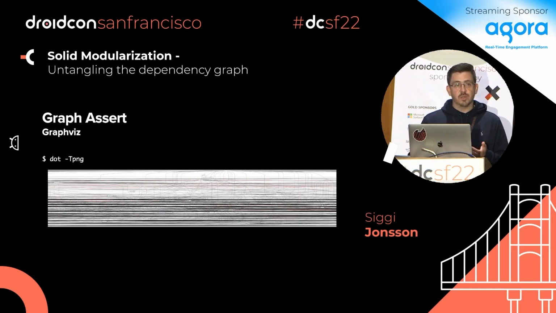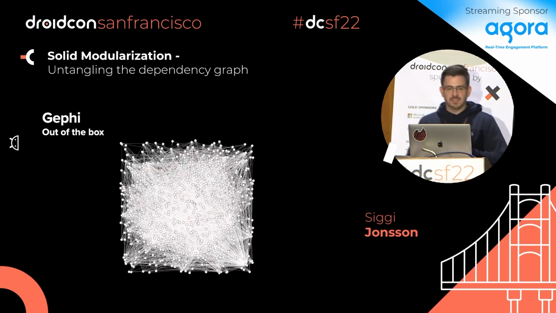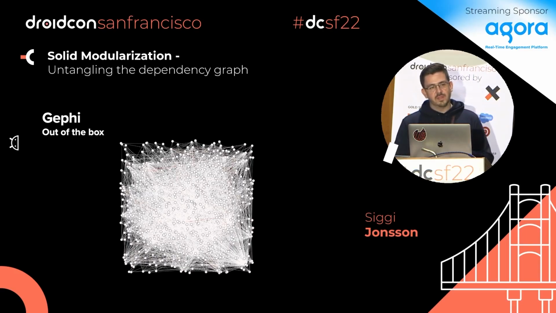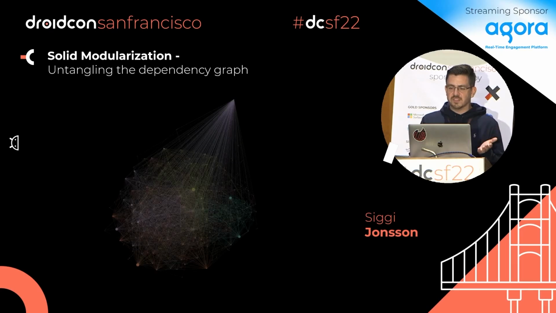So we started to wonder if there was a better way to look at our graph and analyze what was going on. So that's when we learned about a cool tool called Gephi, which is an open source visualization and exploration software for all kinds of graphs and networks. Like we just saw, we can describe our project or module structure like a graph. So we can fire up Gephi, import the graph from the GraphAssert plugin, and right out the gate, we get, again, something like this, which still isn't super useful. But by applying a little bit of graph theory and using the built-in tools in Gephi, you can quickly go from this to something like this,